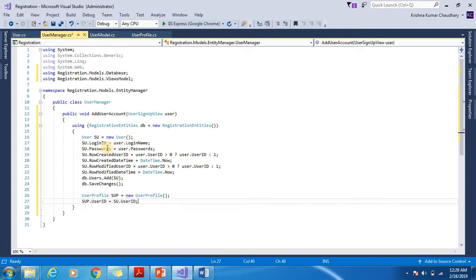So for this user id we will insert into the user profile id from the user id of this user class. Okay,